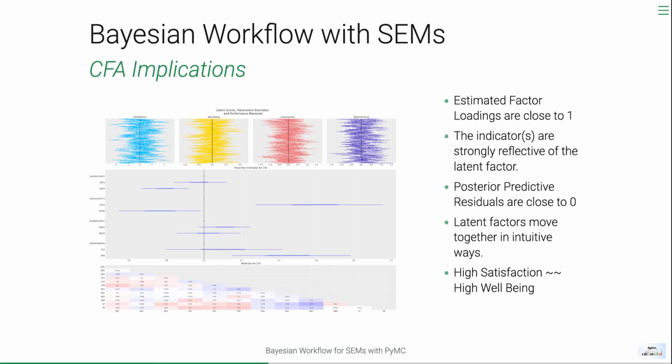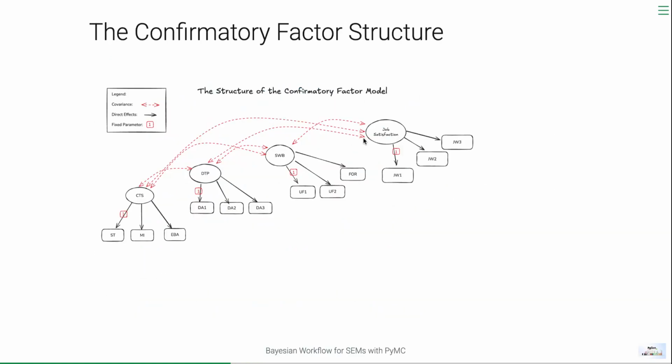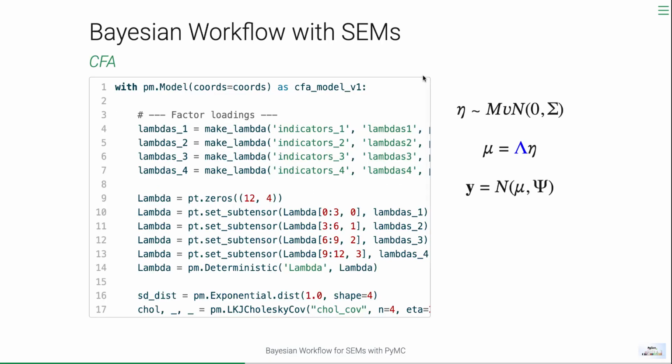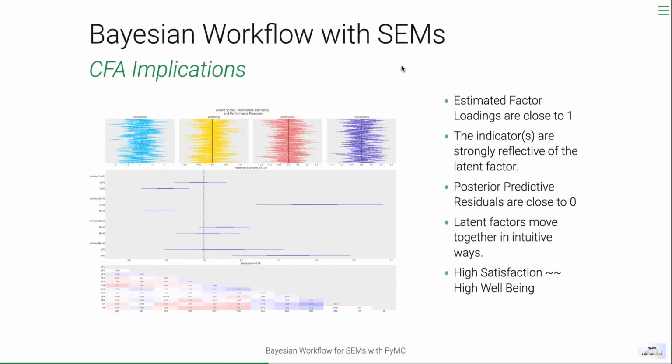We also get the parameter estimates for each of the factor loadings, so each of the lambda terms. And what's important to note about these is that the lambda terms are scaled to an observable variable. So in the model here, the 1 is a fixed value. So the latent factor now has a defined scale, and the scale and the magnitude of that scale is determined by the first indicator variable. So what's important when you're looking at a confirmatory factor model is that the factor loadings are broadly close to 1.